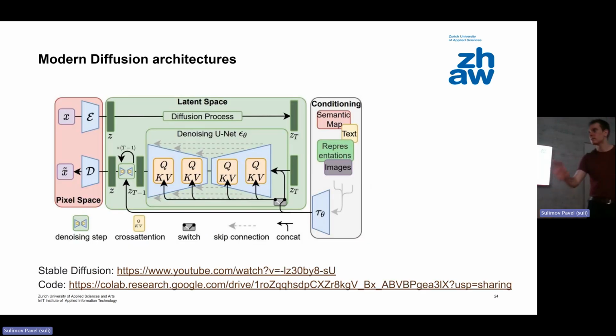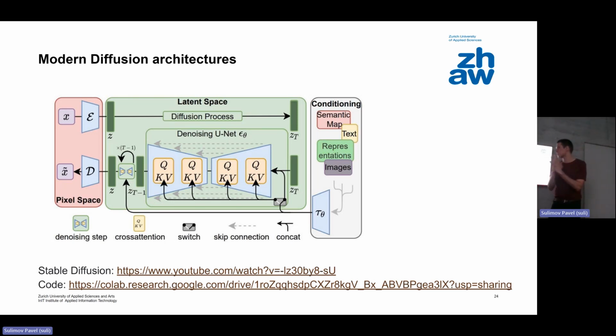So now, modern architecture, because as you see, I'm trying to show you the state of the art in every model that we now have. Don't pay attention to this stuff, like QKV or semantic mapping. Nobody cares.